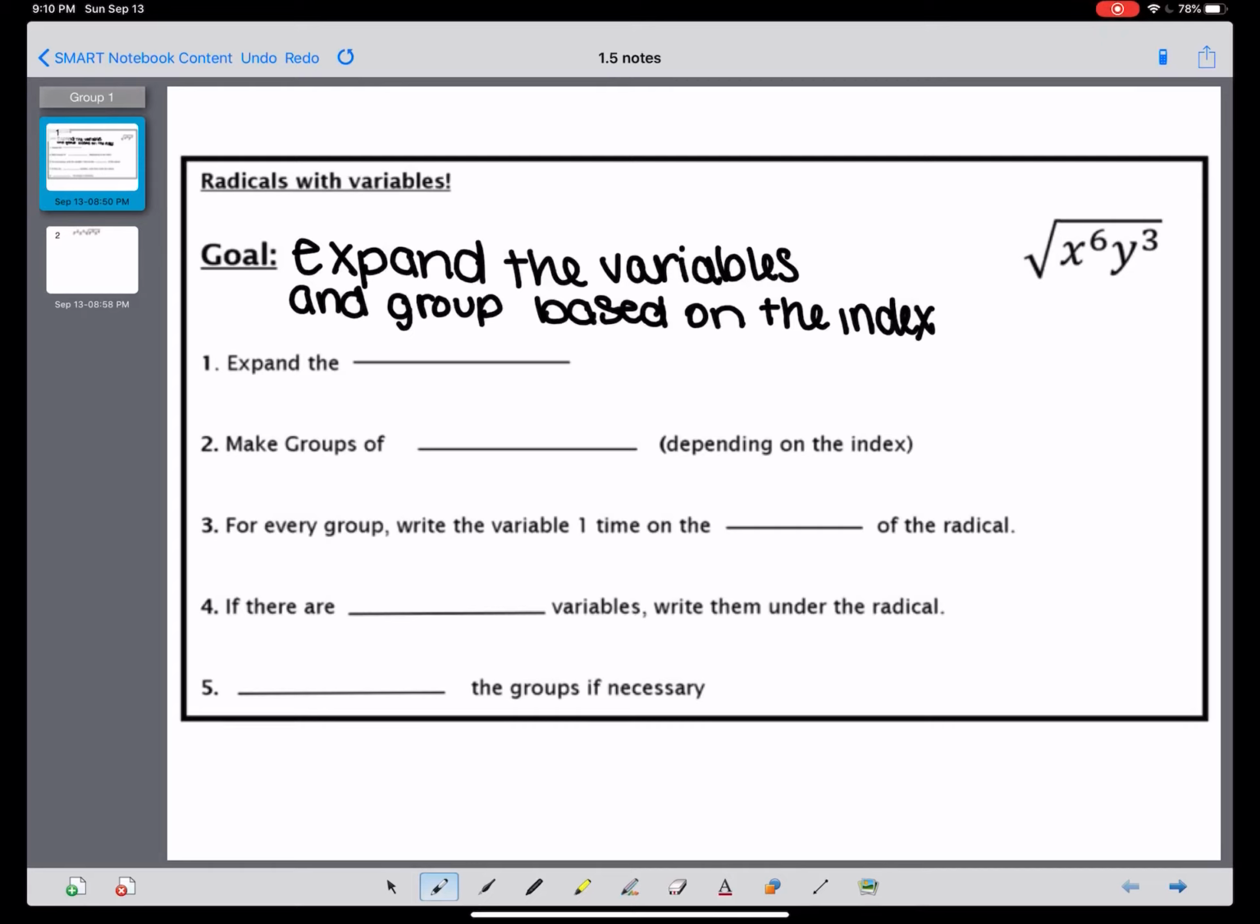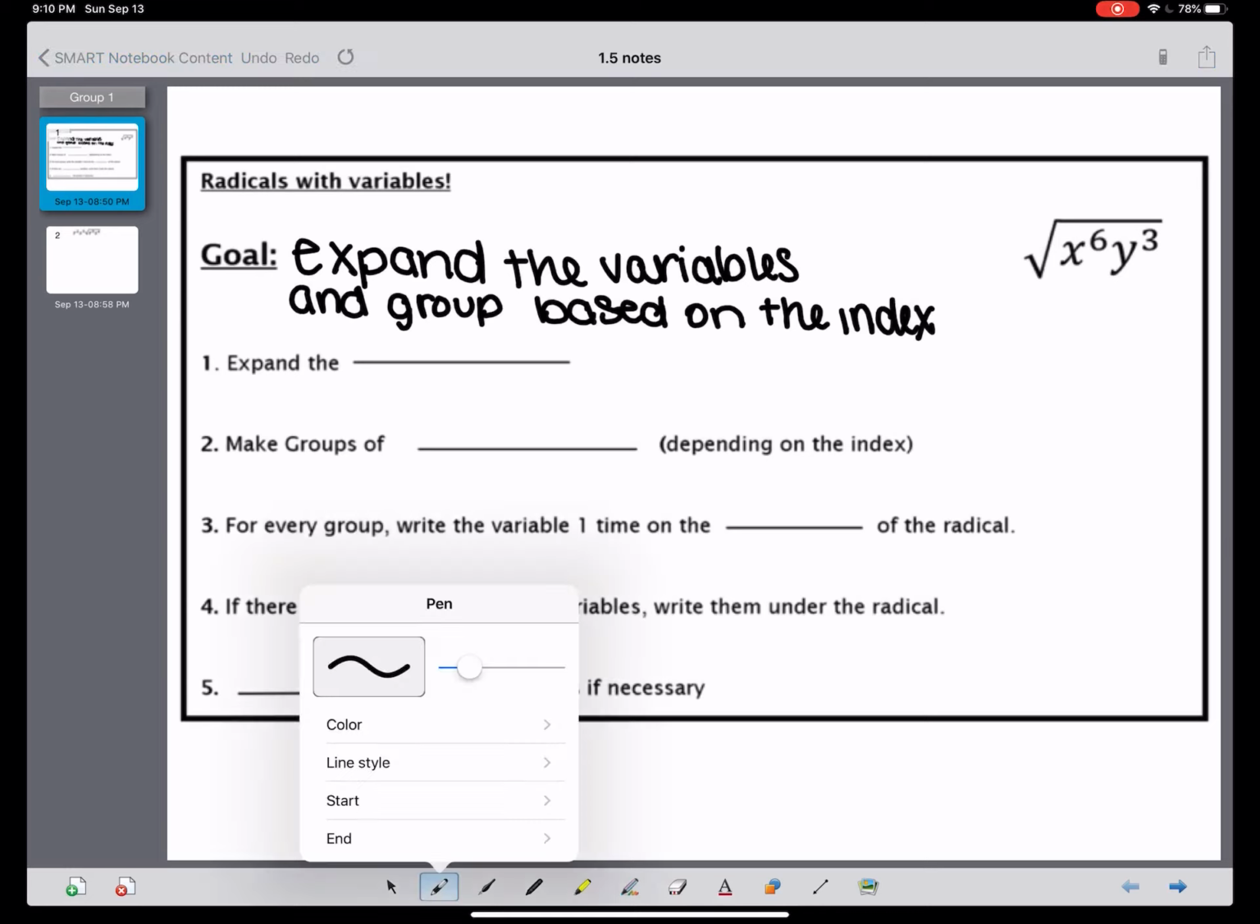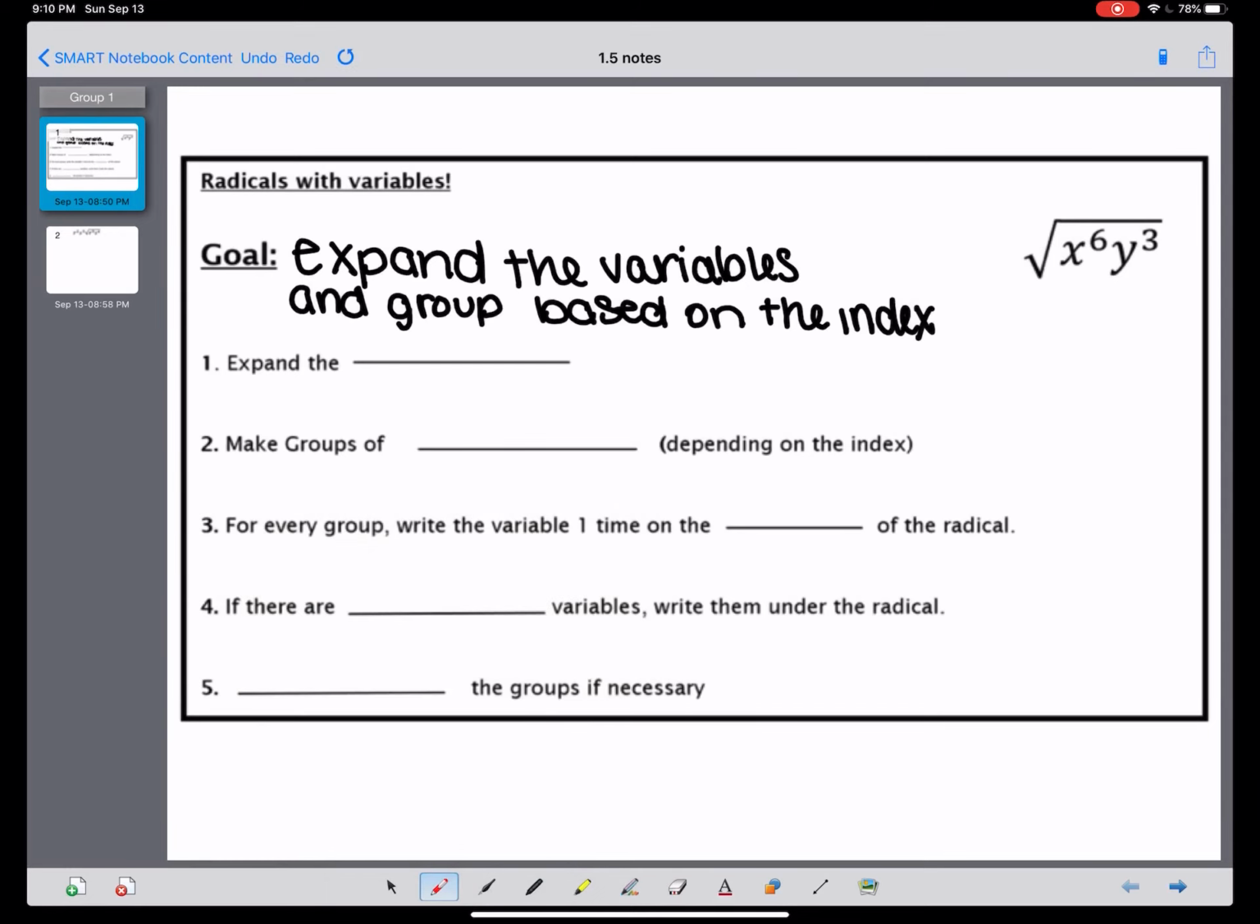So lesson 1.5 talks about simplifying radicals with variables. Just like we did in 1.4, I always want to have a goal in mind when I'm simplifying my radicals. So my goal when I'm simplifying radicals with variables is that I want to expand the variables or multiply them out and then group them based on the index number. Okay, so if you remember, the index number here, if it's blank, is always going to be 2,